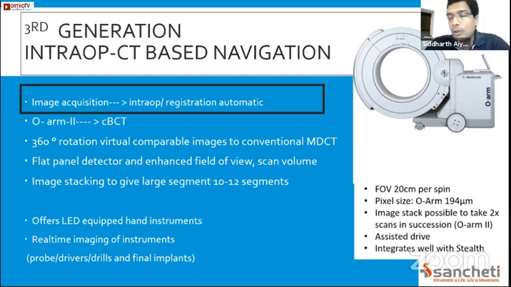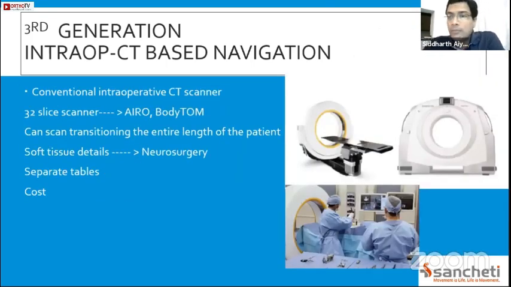And obviously the OARM also has the additional advantage of image stacking, where 20 and 20 could add up to 40, which generally means that you don't quite often need to repeat a scan in case you have a long segment to instrument. Additionally, modern day navigation has light emitting diodes over all the handheld instruments. It can go from as simple as your ball probes to your sounds, to the drills, to your taps, and as a result you can see the position of all your instruments, not just the final screws that are placed. And to complete what we have,